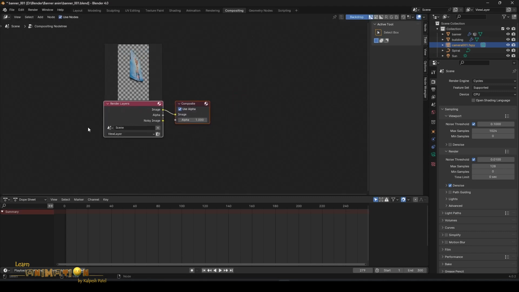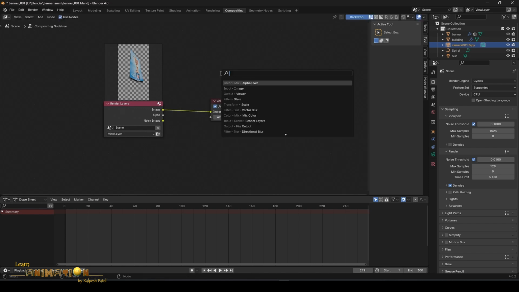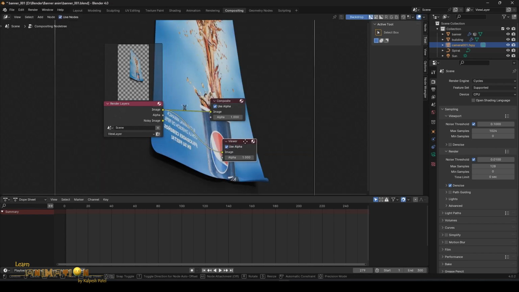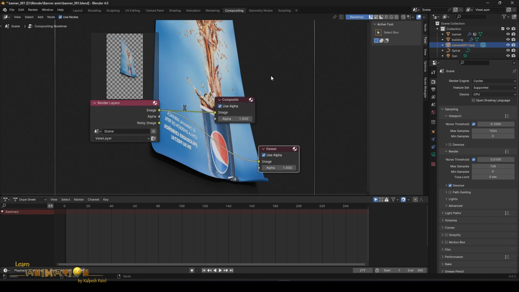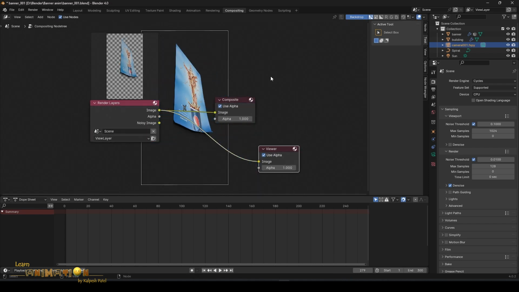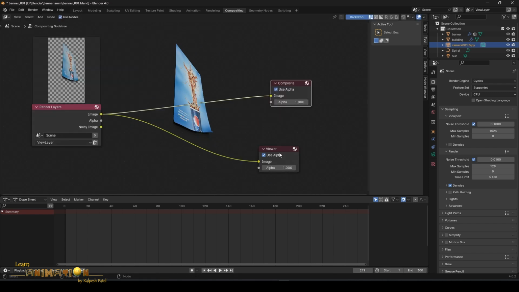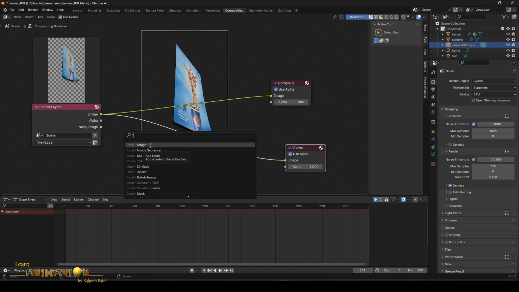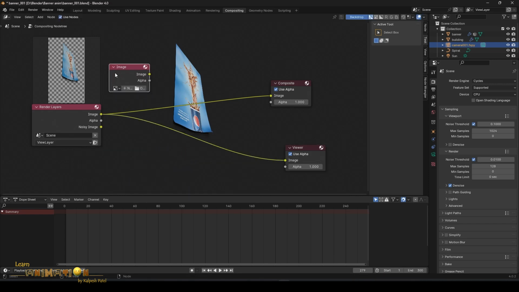If you want to see the render image in the background, we have to find the viewer node. Click on search, Shift A, and click the viewer node. So after adding the viewer node, just connect it with the image, so the whole image will be seen in the background. If it is not seen fully, you can press V to zoom out. Here we have to bring our background which we have clicked the picture of. So search for the image or the image sequence. If you have an image sequence, we can bring the image sequence, otherwise only a single image.